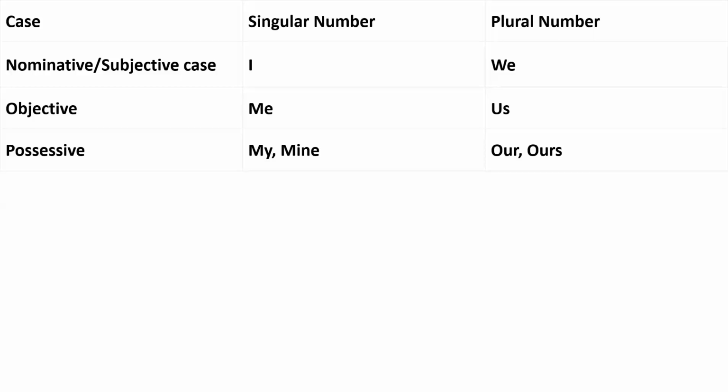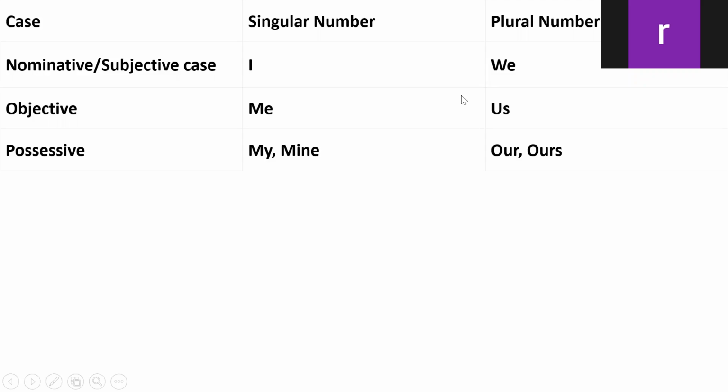In your previous class, I told you our personal pronouns are divided into three parts: first person, second person, and third person. If we need to write any pronoun regarding the speaker, we should write first person pronoun. Okay. So this is the table of first person pronouns, right?